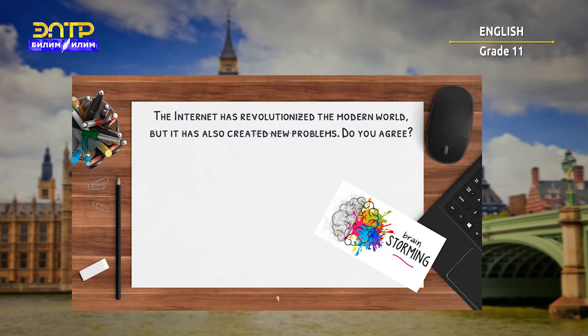The internet has revolutionized the modern world, but it has also created new problems. Do you agree? In order to organize your ideas for a topic, it's first of all necessary to pin them down and brainstorm your ideas first. This simply means